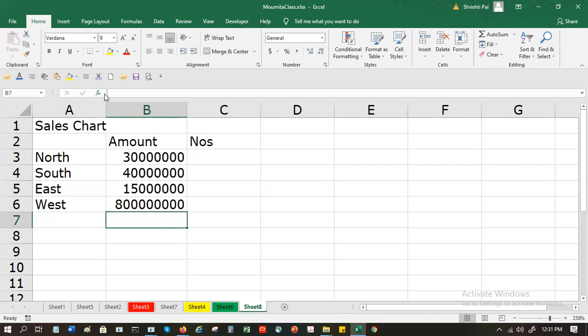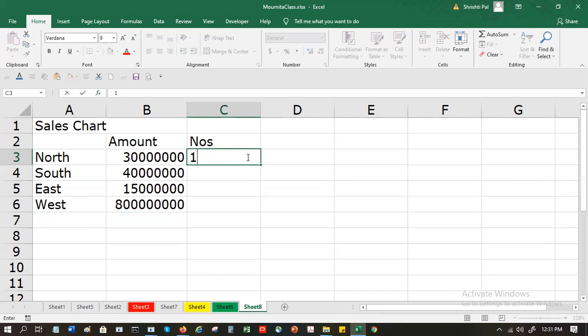Right now, with Tesla, what will happen? Amount will be huge, but the numbers will be less, isn't it? Because the cost per unit is very high. So maybe North is selling 100 units, this one is selling 75 units, East is selling 200 units and West is selling 400 units.